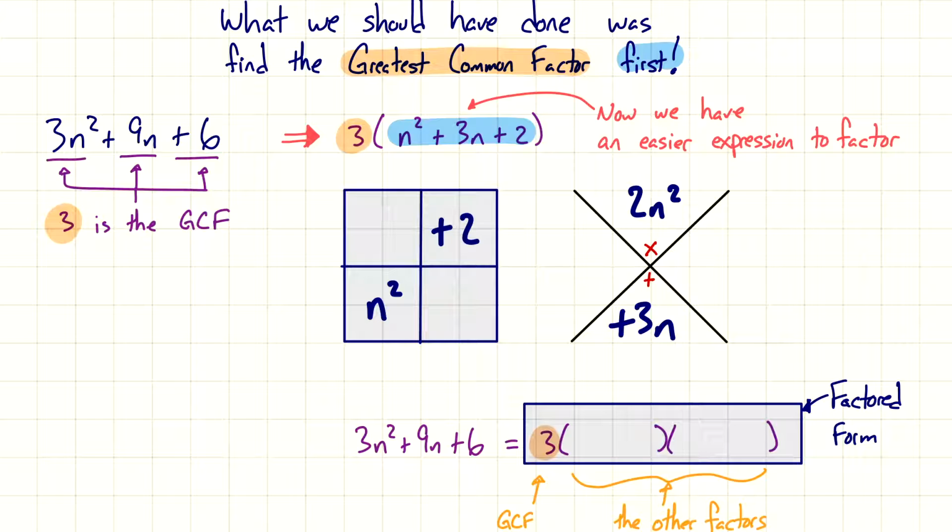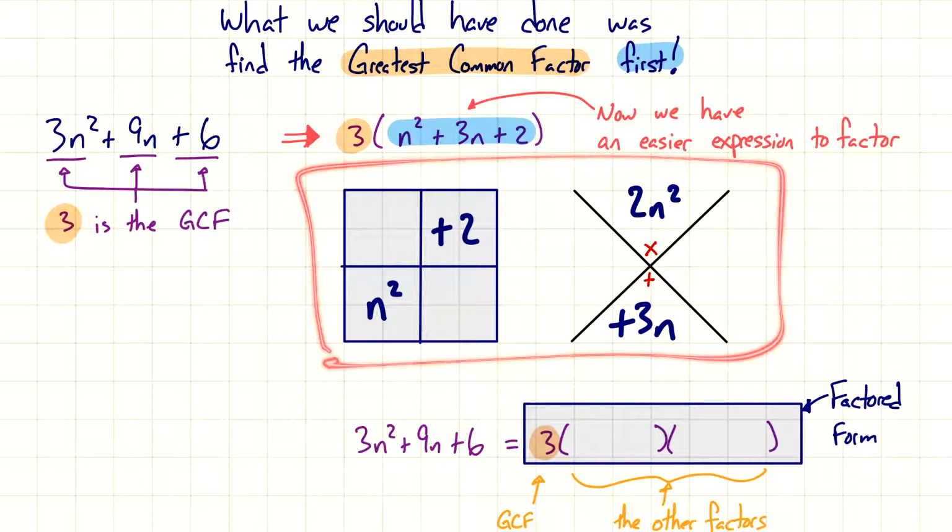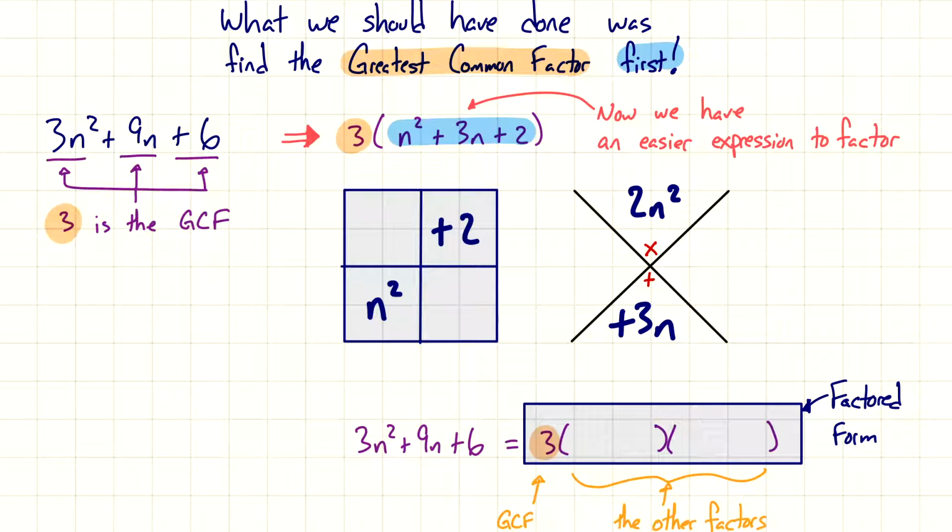All right, so now we have an easier expression to factor. You'll notice I have the area model and the X game set up for us, but when I put in the numbers, I'm actually using this new expression, right? So it's easier because these numbers are smaller. So I put in an n squared, I put in the plus 2, the 3n goes at the bottom, and